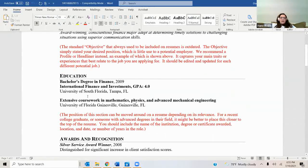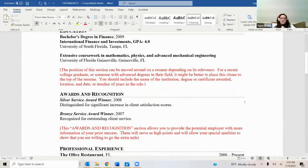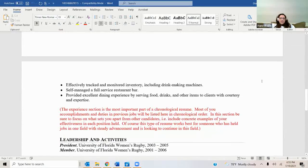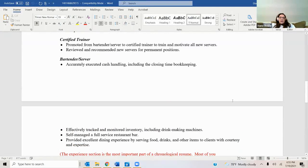So I'm going to scroll down a little bit here, and you can see there's the education section, awards and recognitions, professional experience. And when it comes to the professional experience, we do recommend that you do maybe about 10 years of your work history. It's really kind of dependent on the career path that you've had. If you have an extensive work history or not, the more recent experience is going to be what's most relevant to the potential employer. But they are also going to be looking at things like your job titles,